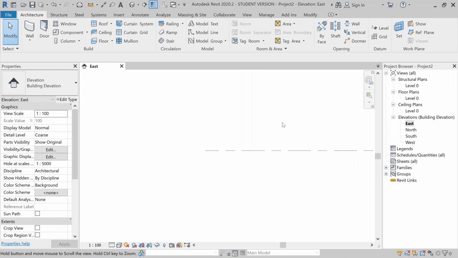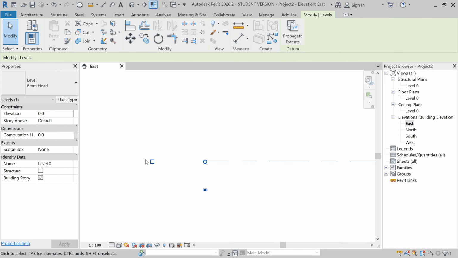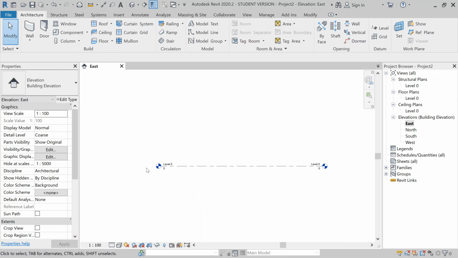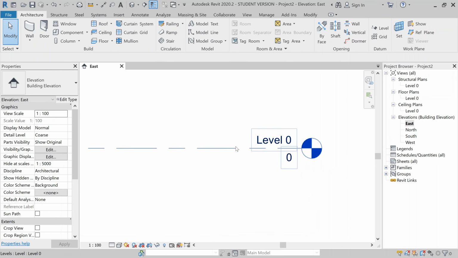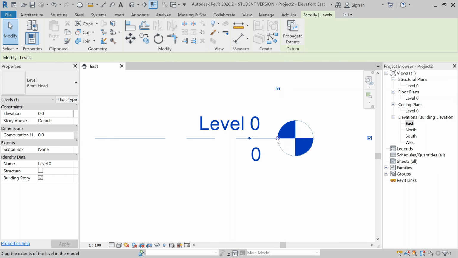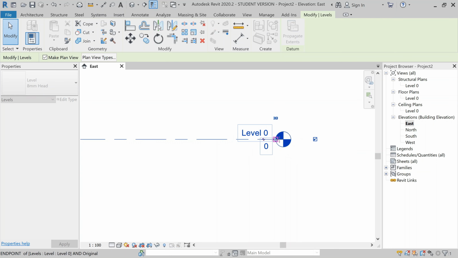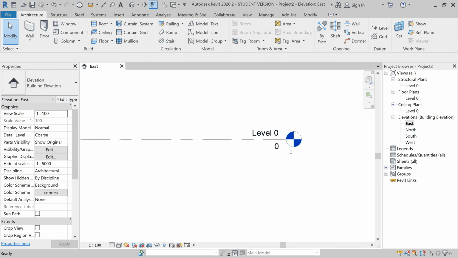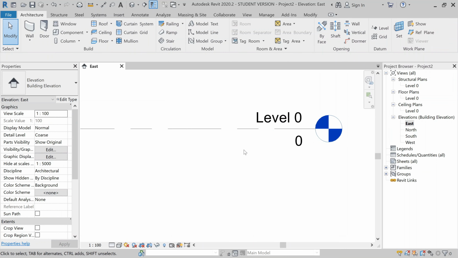Let's see on the left side of this level. If you select the grid, you will see again we have this box. If you check it, you will get this level and the sign. If in case you want to extend the level, you have to select the level and you will see here we have this bubble. If you select this bubble and drag it, you can increase the length of the level wherever you want it.